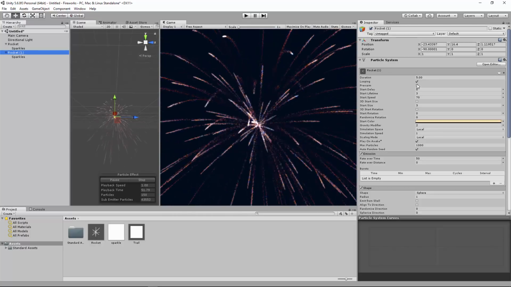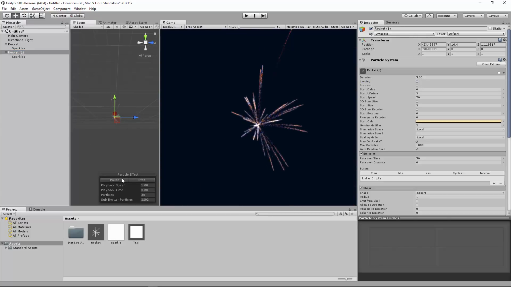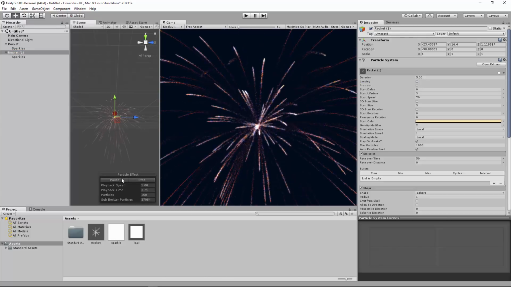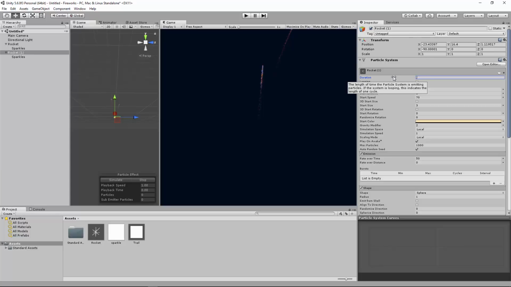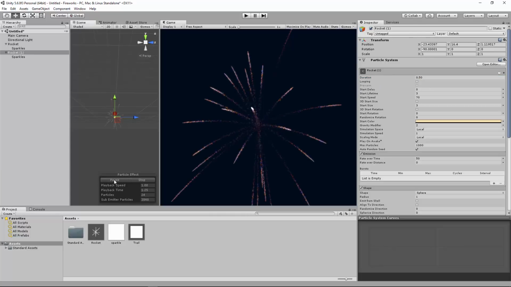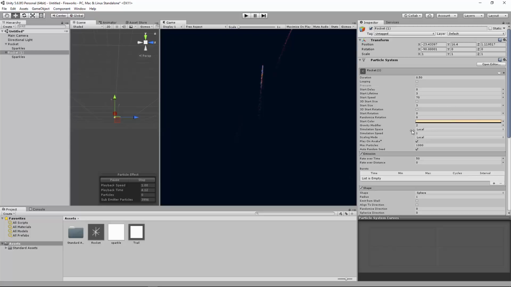So what we're going to do is play around with the duration, because the duration currently is 5 before it starts to loop again. So I could change this to like 0 so it only does it once. Turned off looping, and then it'll just go boop. But the rate over time is 50 per second, basically. And so we're only getting about 3 to 4 at the very start. I can increase the duration a little bit and watch what happens here. So let's do 0.5. And you can see a little bit bigger burst, but again, it's not just one burst,